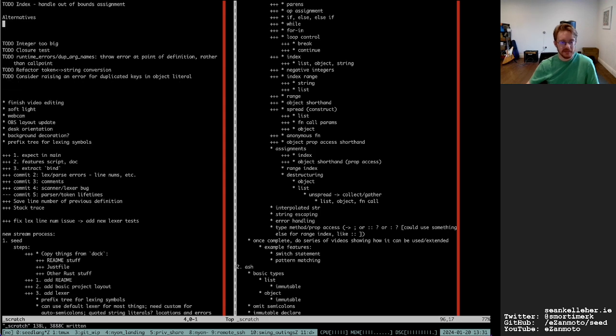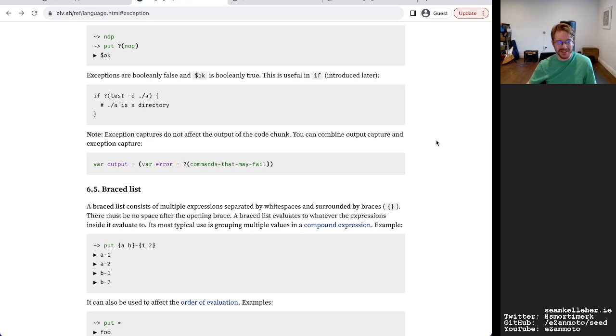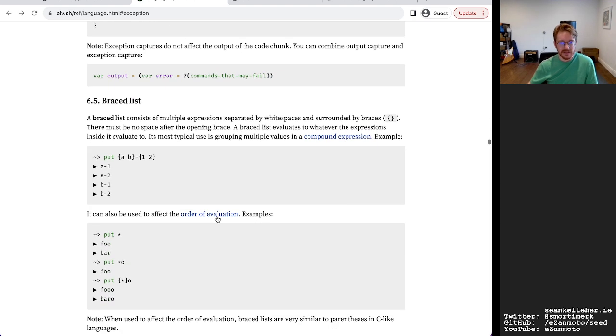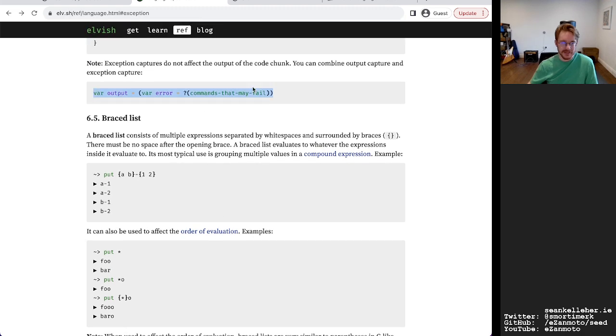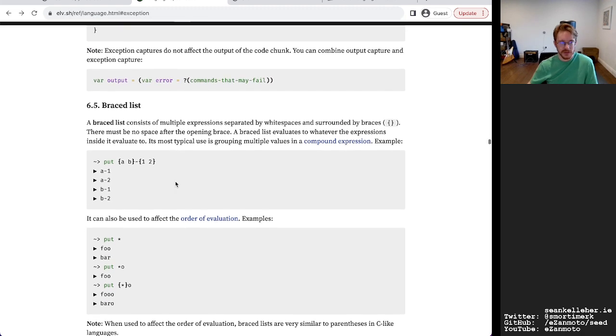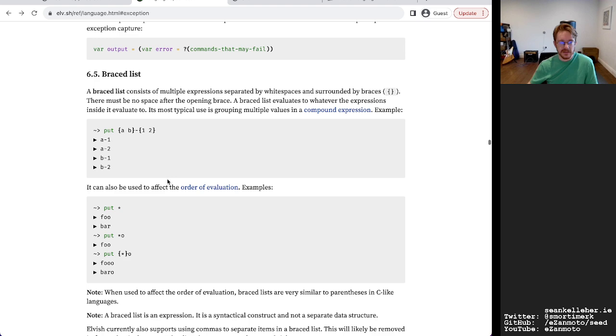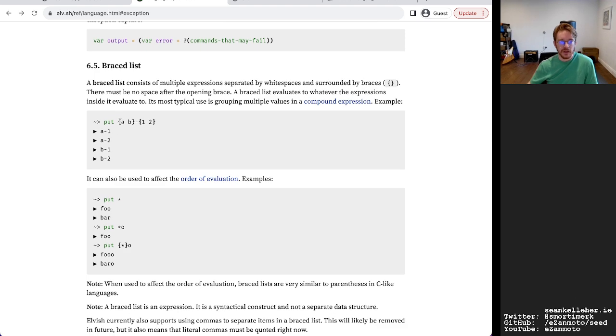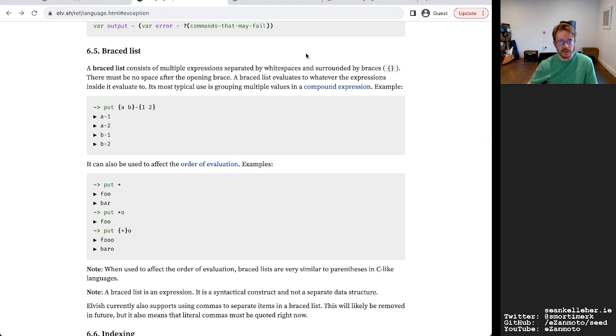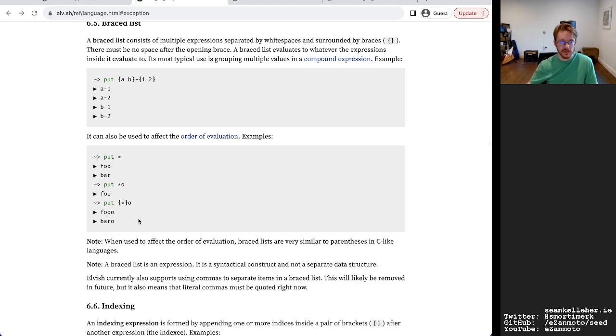Again, that's just my own opinion, but I would find that quite difficult to, I wouldn't be a big fan of that approach. Braced list, okay. Oh yes, so this would be a similar thing to in Bash as well. So you can get the nearly kind of Cartesian product of all of these.